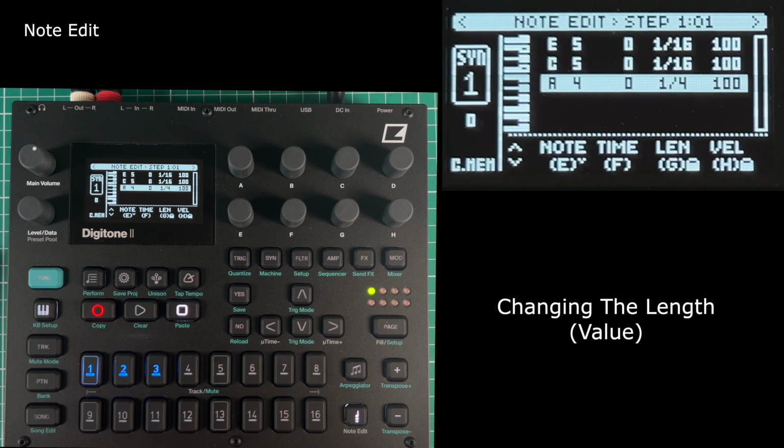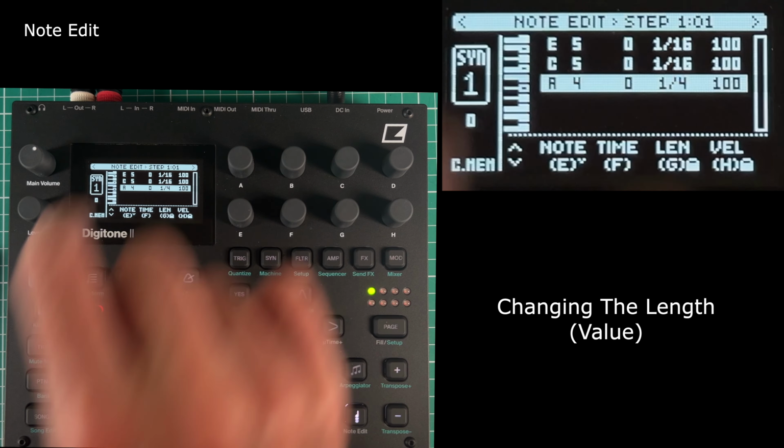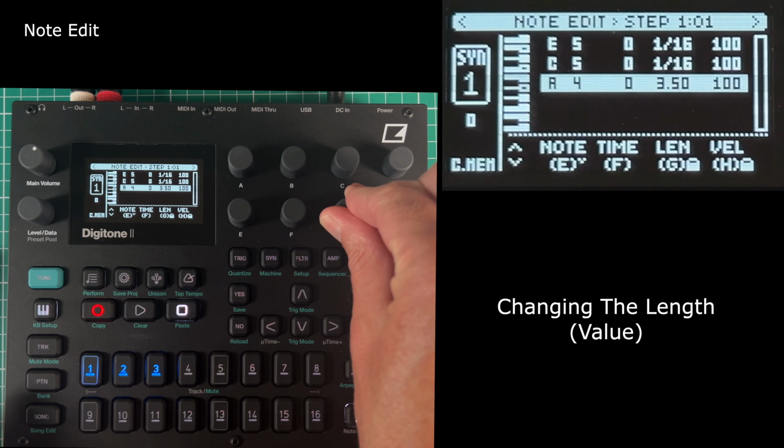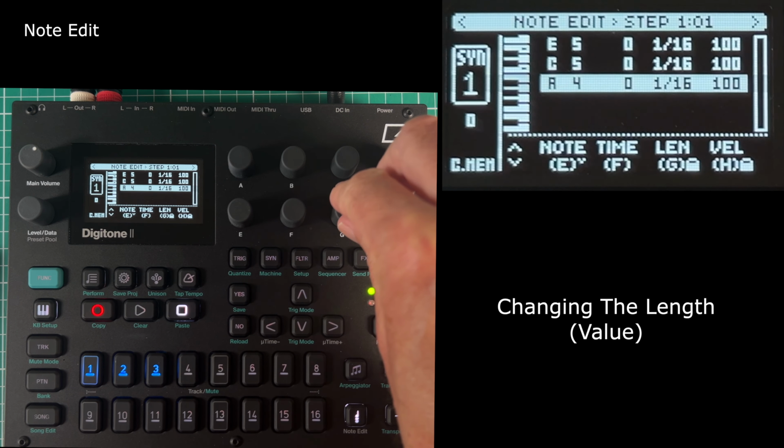Now, if you listen carefully, you'll hear that this A lasts for 4 times as long as the other 2 notes. Can you hear that? It's a bit hard to hear, but that A is lasting for a whole crotchet, whereas the C and the E are only lasting for semiquavers. Let's reset this. Just so you know about the values, the crotchet is a quarter,